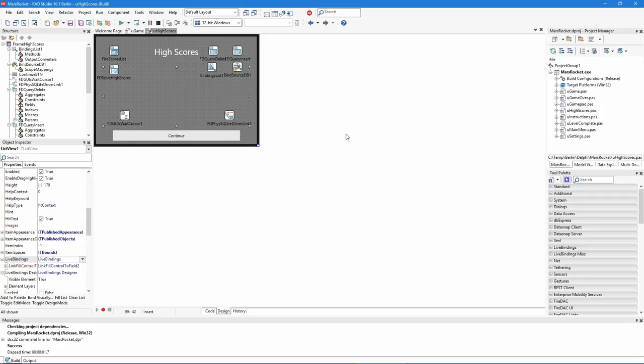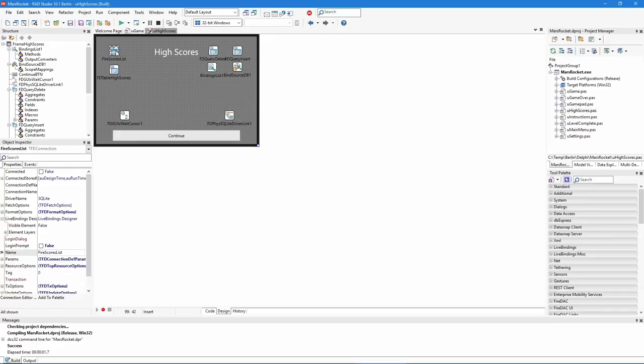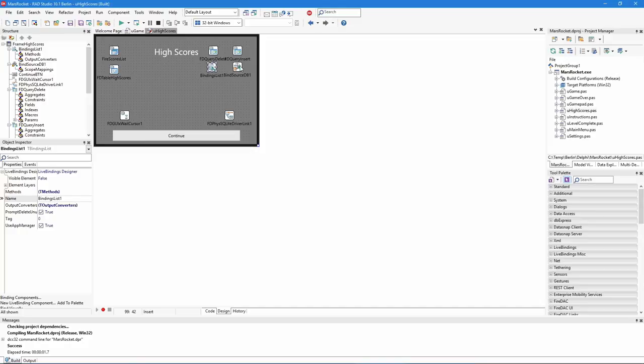So I have the high scores frame in Mars Rocket opened here in the Delphi IDE, and I've got the list view selected. I'm just going to go through some of these components and show you the various components you need to set up the live binding and access SQLite. First we have TFDConnection, we have the TFDTable, we have a TFDQuery for inserting and a TFDQuery for deleting, we have the bind components, we have a wait cursor, and we have the